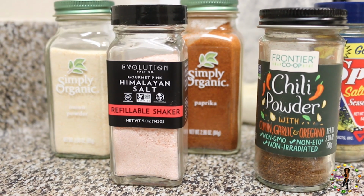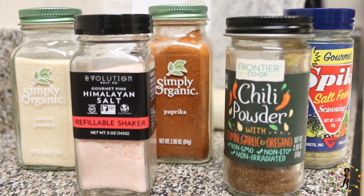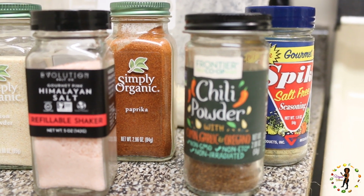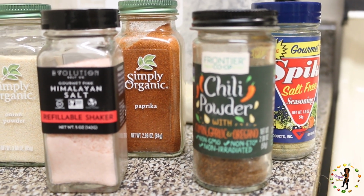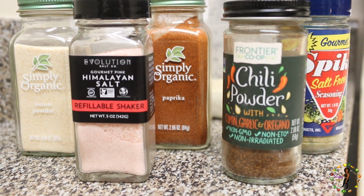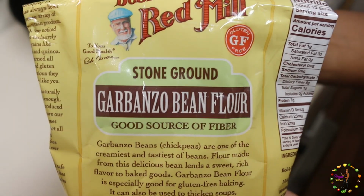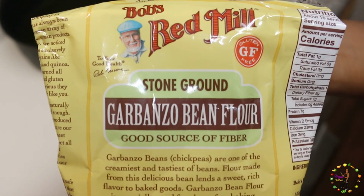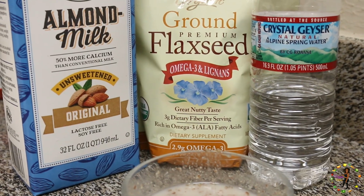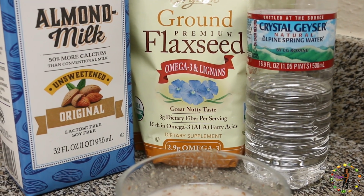Now to start off, we will be making the dry batter, which consists of onion powder, Himalayan salt, paprika, chili powder, and salt-free seasoning. All of these I use 1 tablespoon, but you can season more to your liking. 2 cups of garbanzo bean flour, also known as chickpea flour. Now, for the wet batter, you will need 1 tablespoon of almond milk, 1 tablespoon of flaxseed, and 2 tablespoons